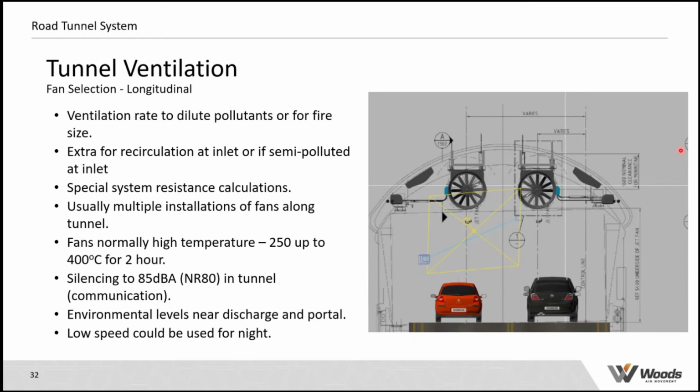So let's take an example. Say we work out we need 10,000 newtons to overcome all the losses to get the air through this tunnel. If each fan produces 1,000 newtons, I need 10 jet fans spaced in the tunnel to give me that required performance. Okay, they're normally installed in 2s or 3s or 4s, depending on the size of the tunnel, and